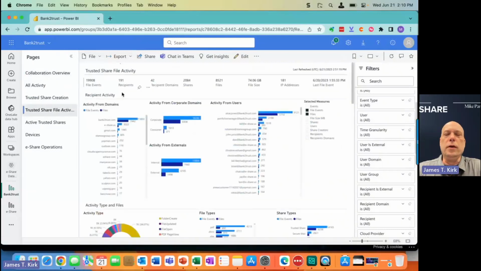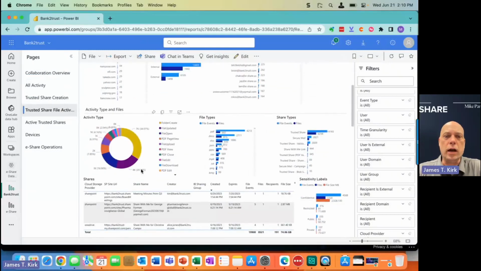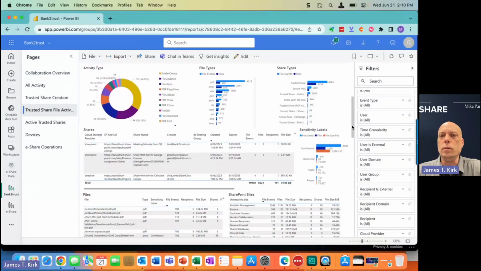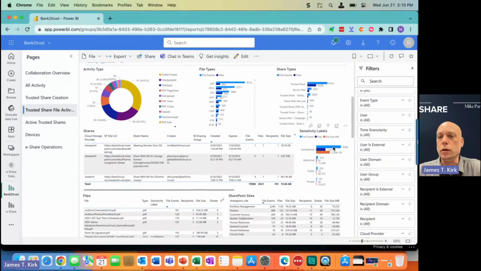You can also drill down into the file activity, understanding the usage of your unstructured data internally and externally, across domains, across users, across actions and what kinds of actions are people taking with your files, down to the sensitivity labels. And all of these things are filterable either with a simple click or through traditional filters.